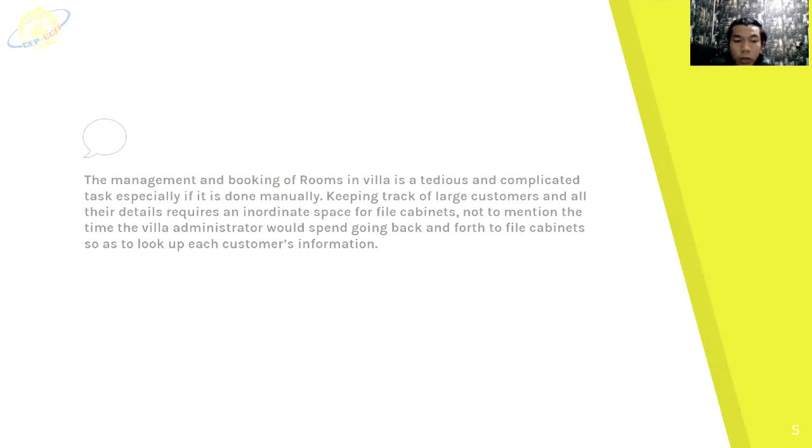This project shows how this complicated human task can be solved by using a database management system together with a scripting and programming language like Java, respectively, as the key tools in the development of a villa reservation system. The system was developed using the object-oriented software development approach, which includes object-oriented analysis, object-oriented design, and object-oriented programming. This was done so that the developed software can be maintainable, reliable, and scalable.